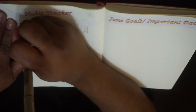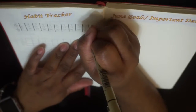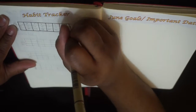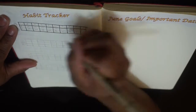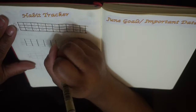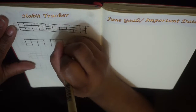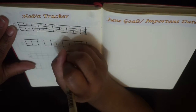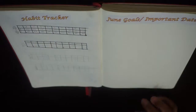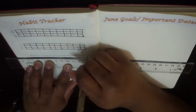Decided to change up my habit tracker for this month as well. Last month I was only tracking healthy eating and fitness, whether I worked out for the day. This month I'm doing a different style of habit tracker, and I've added a couple more. So this month I'm tracking fitness, my water intake, if I completed 10,000 steps or more for the day,